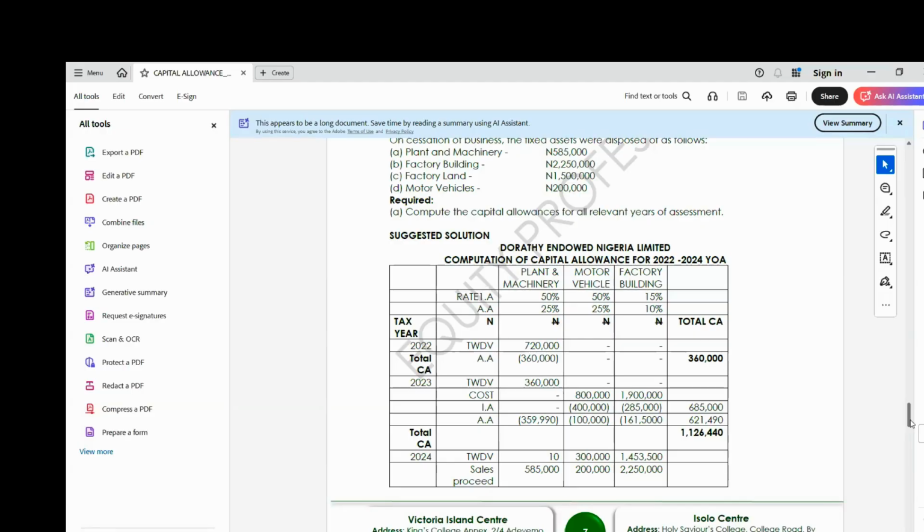Is it clear? At the end of the 4 years, or the useful life of the asset. Okay, sir. It is at the end of the useful life that you are going to retain that value of 10 naira. So that is for that. Then after that, we also have